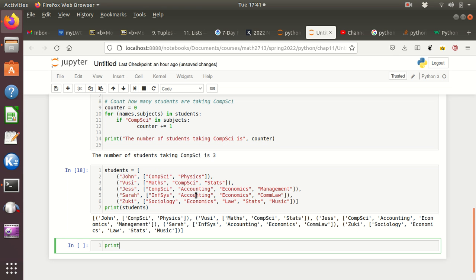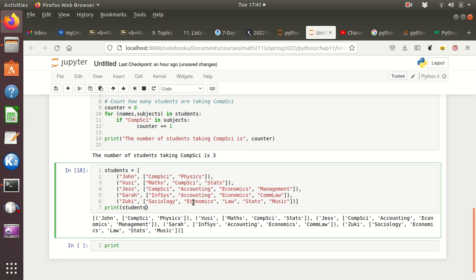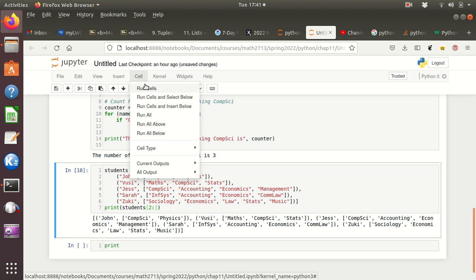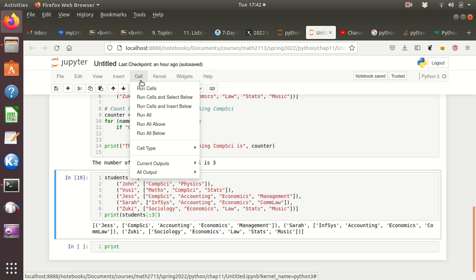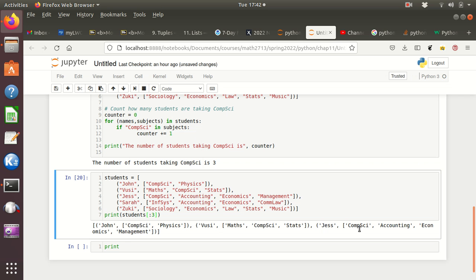print, well, I'll do it up here, print students, and say I just wanted Jess through Zuki. I could say 2 colon, and that would give me 2 to the end, so Jess through Zuki. And let me run that. So Jess, Sarah, and Zuki, and again, I could go from the very beginning up to say Jess, so that would be 0, 1, 2, so I'd need to make it a 3, and that takes me up to Jess